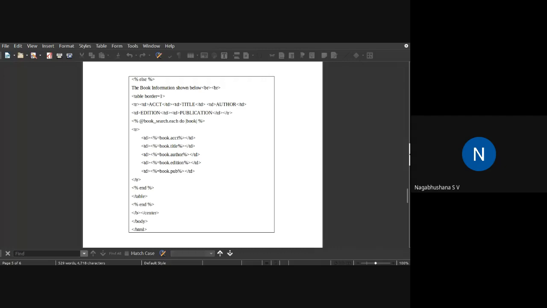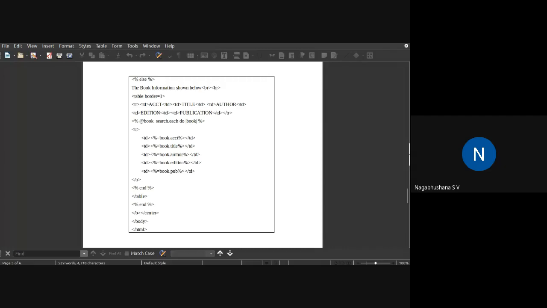At book-search, that is a class, dot each do. It is an each iterator, which I discussed when I was talking about Ruby on Rails. There are different kinds of iterator, and each is one such kind. And the book is called a code block component, which is placed between the opening and closing of a vertical bar. It is like an index. There might be 4 or 5 rows, so it has to loop every time until there are no rows or the concerned matches are found.